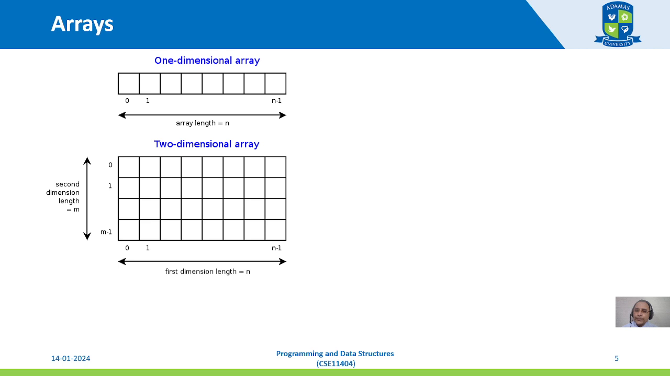Now we talk about array. Array is a very important data structure both in C and C++. We can have a one-dimensional array, we can have a two-dimensional array, we can have a multi-dimensional array. A one-dimensional array will have only a single row and more than one column, or one column, whatever it may be. A two-dimensional array will have more than one row and more than one column,